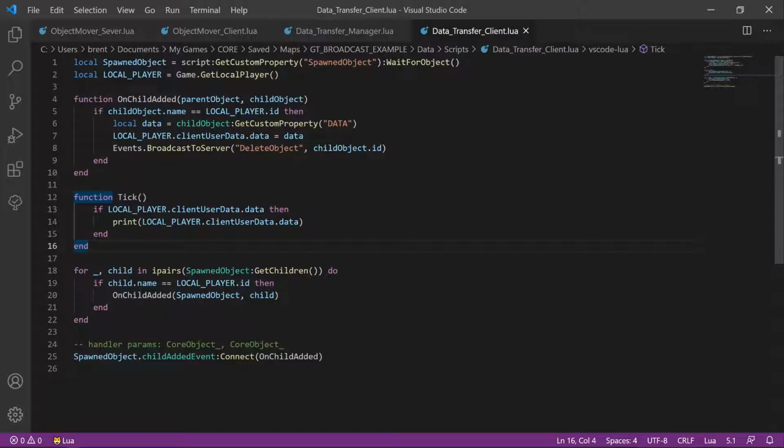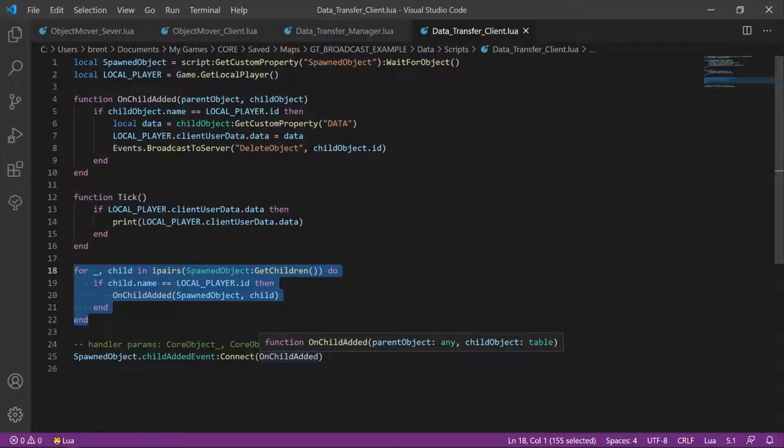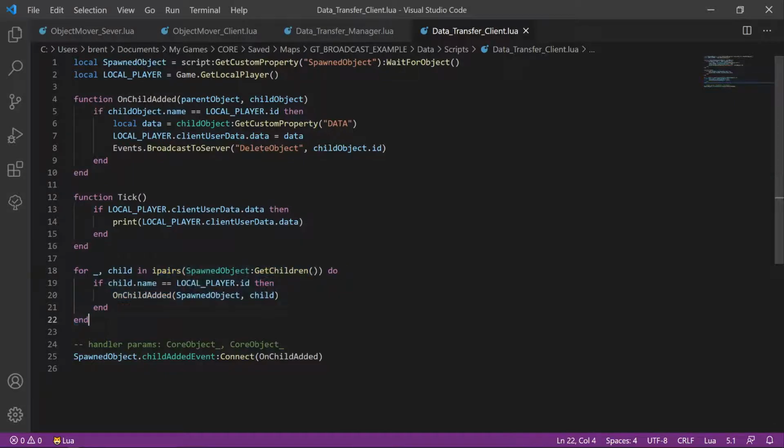So when a player joins the game, the on-player joined event was firing on the server. It was getting added to that folder, but the client script wasn't loaded in yet, so this child added event listener wasn't connected yet, and so it was missing it. And so one crucial point that I forgot is if you're using this on an on-player join, on the client-side script, the first thing you want the script to do is to loop through the children of that spawned object group and make sure that, while the client-side scripts were loading, I didn't miss out on any